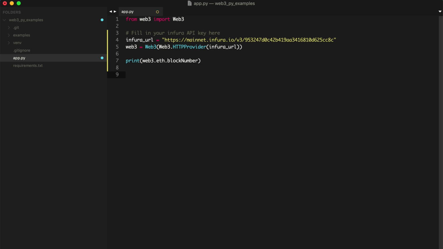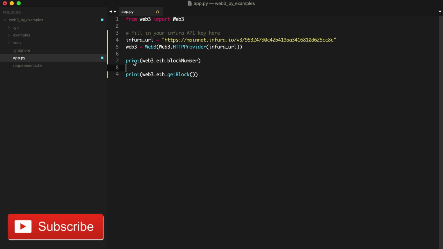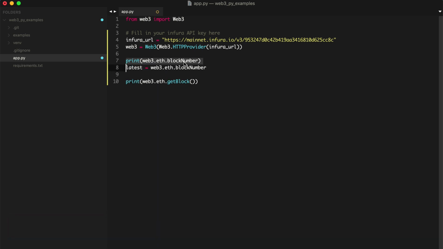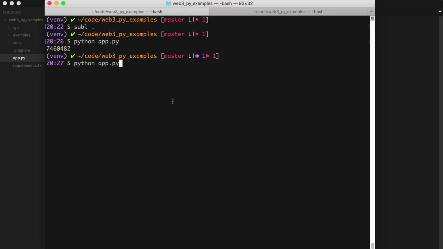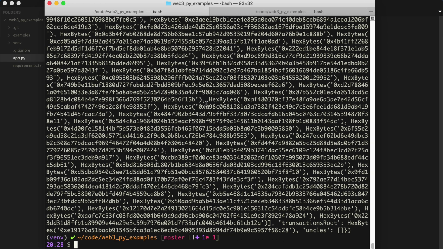So next, we can also get the actual information from that block. We can say print web3.eth.get_block. We can pass in the latest block number if we want to. Or let's just do this. Let's say latest. All right, and then we'll print latest. And then we'll say get block latest. Okay, let's try that. All right, we'll run this script again, and we can see all that information was logged